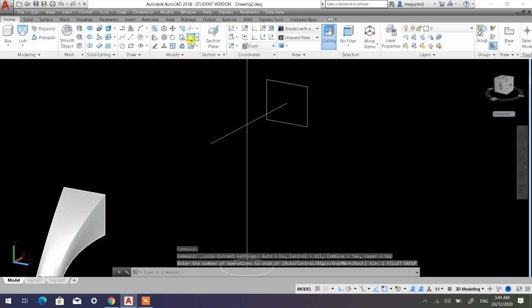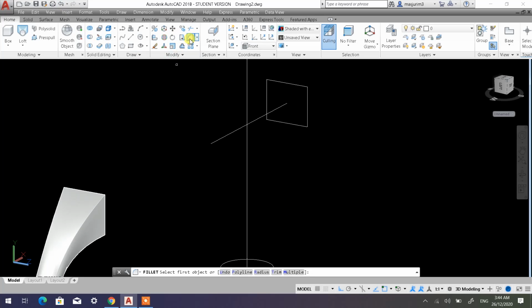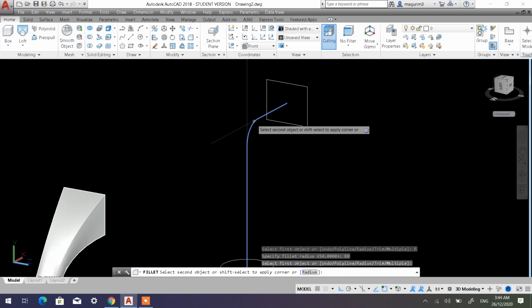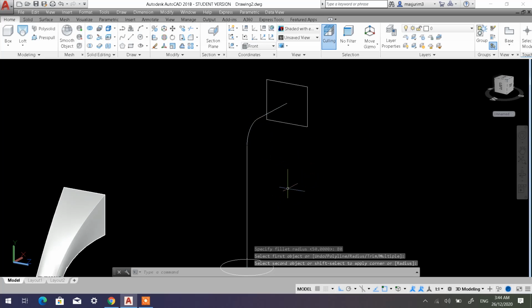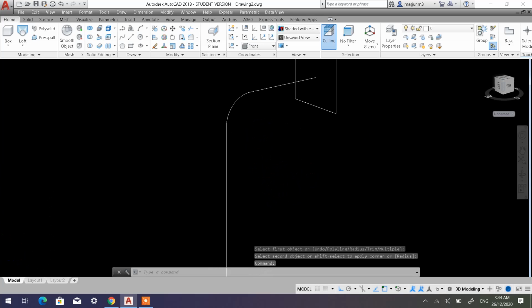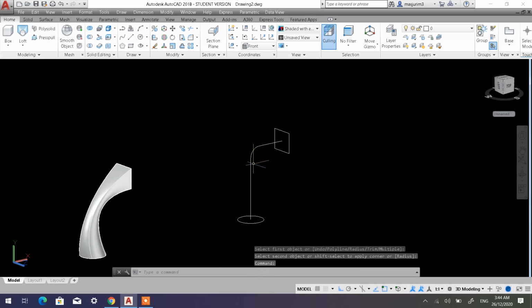Okay. I'm going to pick again my fillet. Go to radius, let's say 80 mm. Then enter. So pick this line and pick this line. There you are. So bila you dah pick this line, macam I cakap tadi, kita nak guna line ni sebagai